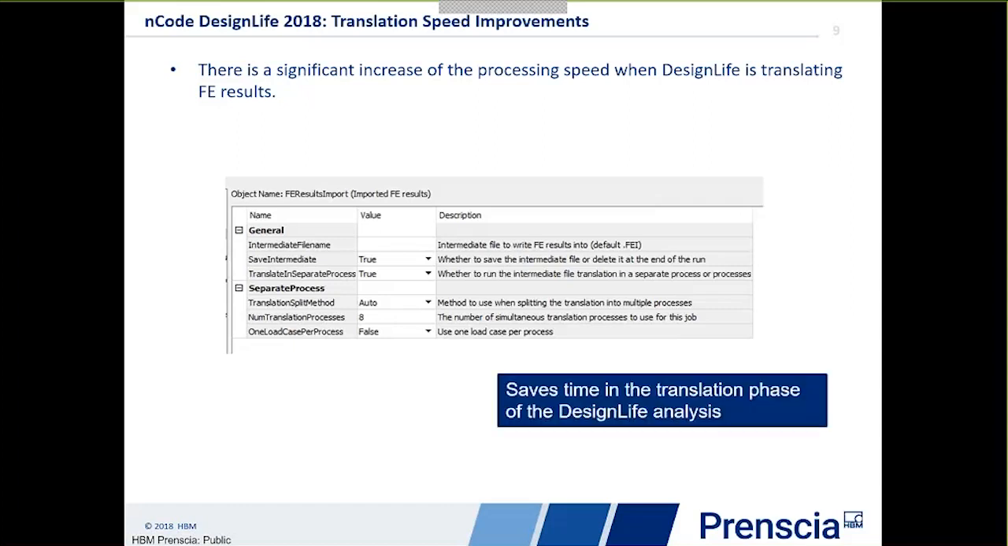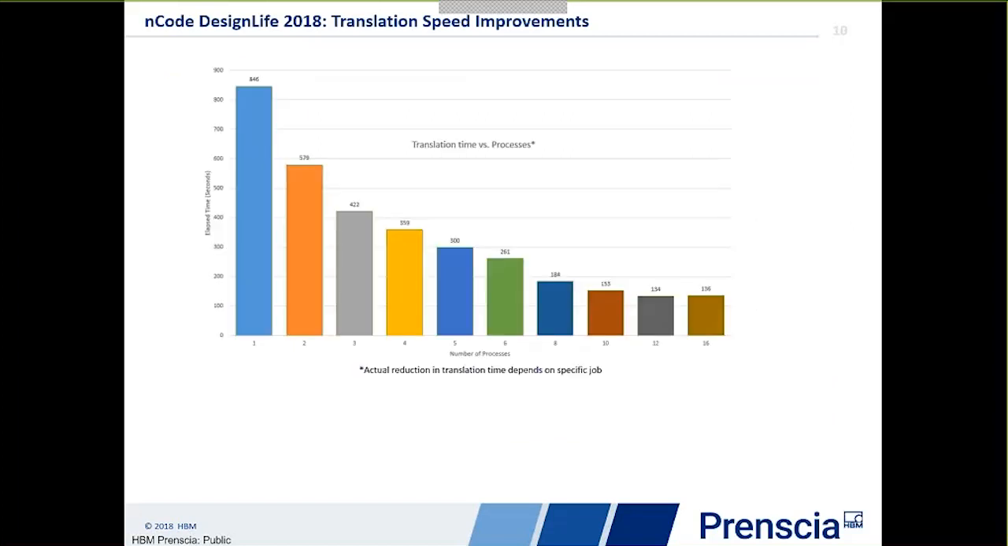So it saves quite a lot of time on the translation phase within Design Life analysis. This is an example of the speed up on a 16 processor machine, where we just increased the number of processes. As you can see, we get quite a lot of speed up, which then tails off slightly due to several reasons. Machine capacity. We're now trying to read from multiple places in the same file, so there are I/O issues. So it does tail off a little bit quicker than the analysis tails off, but still quite a significant increase